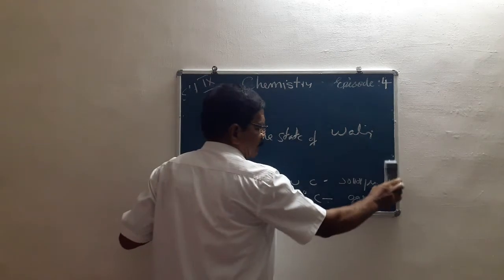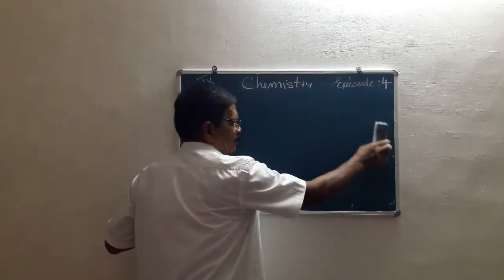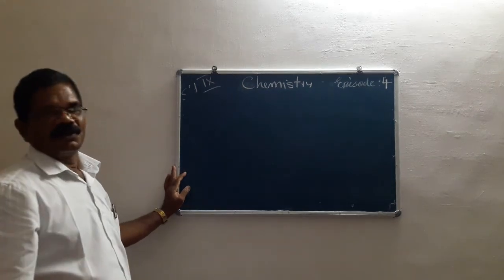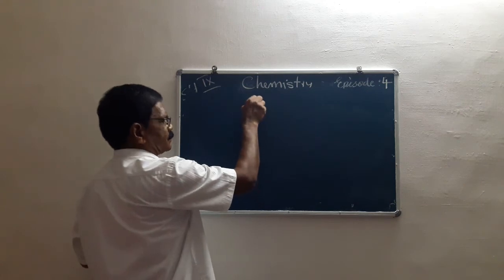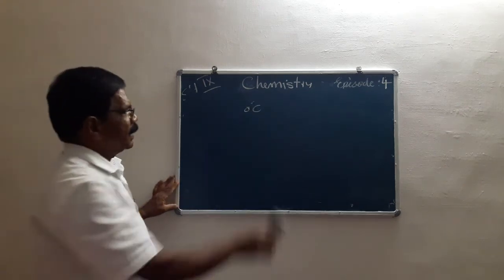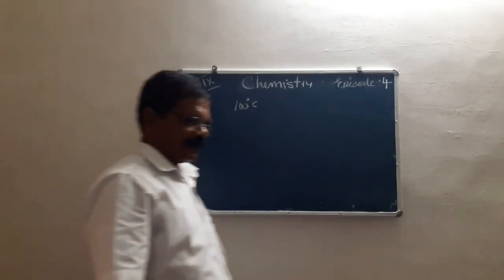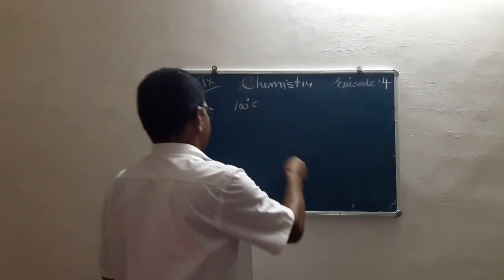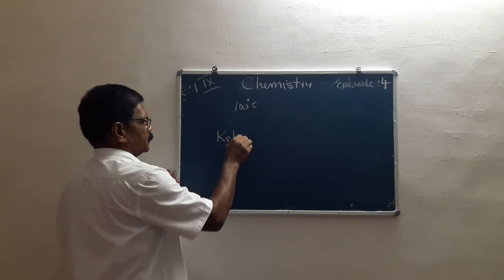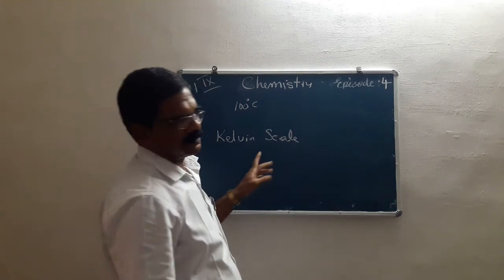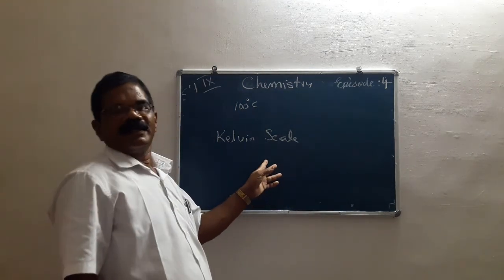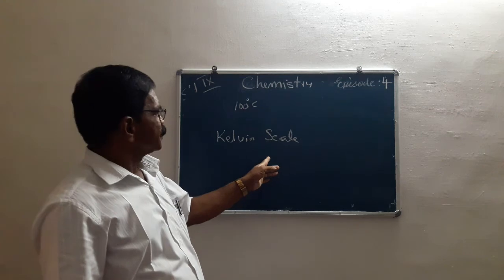Similarly, heat can be measured in joules. Another scale we commonly use for measuring temperature is degree Celsius. The boiling point of water is 100 degrees Celsius. In your textbook, there is another term, namely the Kelvin scale. You have to study about this. For measuring temperature in laboratories and scientific labs, they use the Kelvin scale.